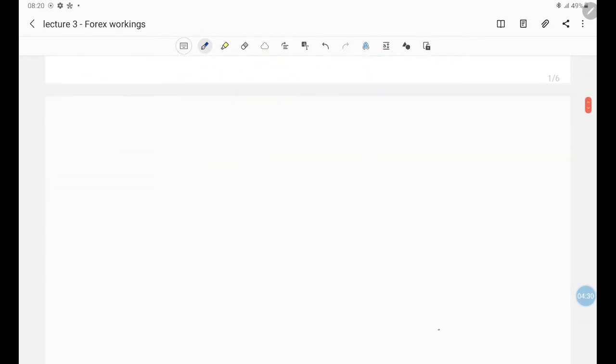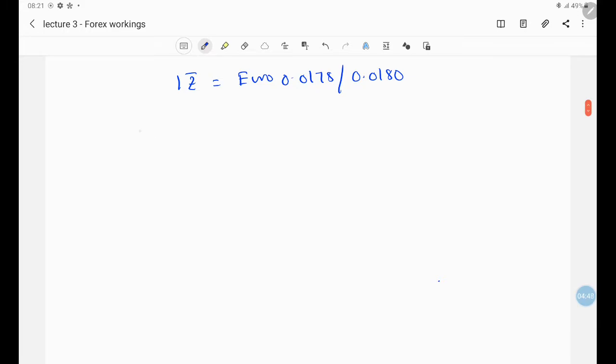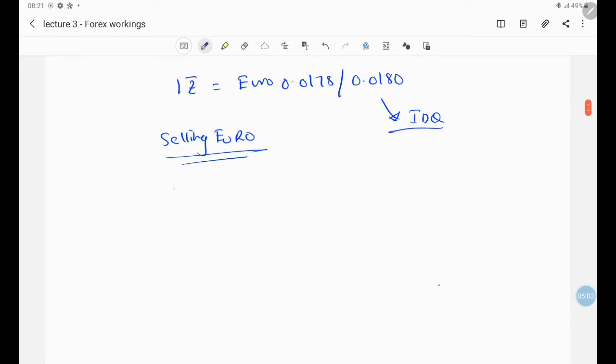See, in the exchange rate that you have been given, 1 rupee is equal to euro 0.0178. In the previous example we multiplied, and you're asking, sir, why are we dividing? See, here the firm is selling euro and the rate is given in indirect code. So for your purposes you can convert the rate to your angle also. From the banker's point of view, the bank will be selling rupee at 0.0180.